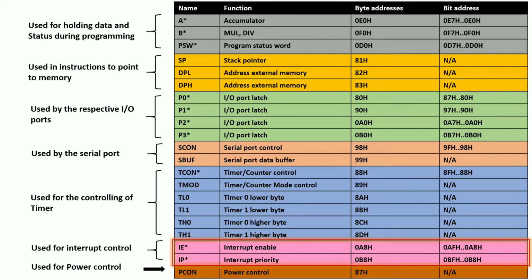Okay, so how to control the priority? With the help of again one register called interrupt priority. Okay, and the last one is your power control. Why are we using the power control here in your microcontroller? If you take your mobile phone or your laptop, you have power saving features, ultra power saving mode or power saving mode, especially in battery operated devices.